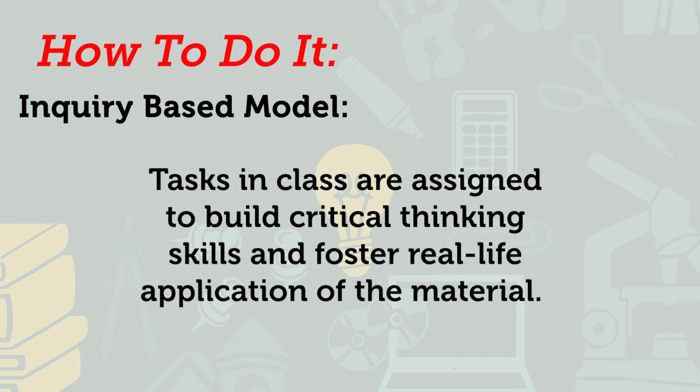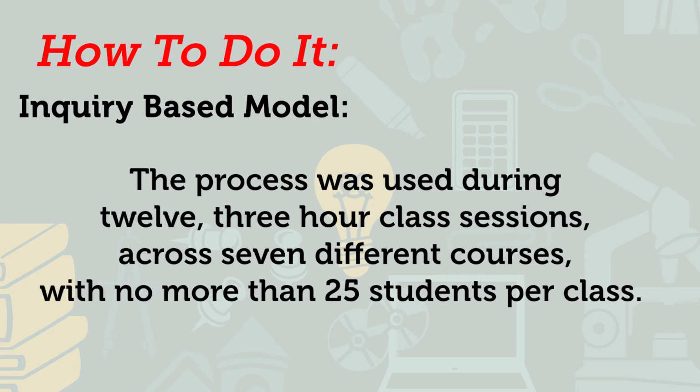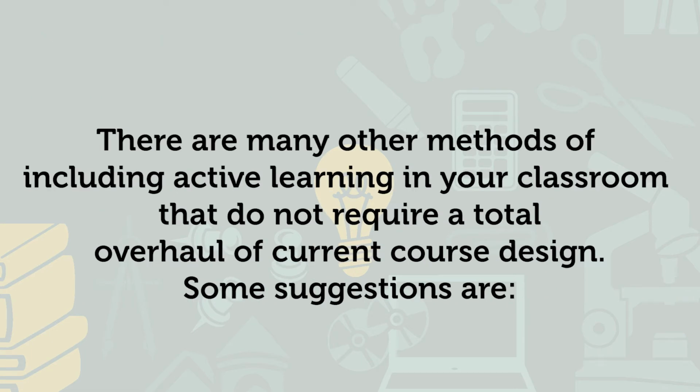Tasks in class are assigned to build critical thinking skills and foster real-life application of the material. The process was used during 12 3-hour class sessions across 7 different courses with no more than 25 students per class. There are many other methods of including active learning in your classroom that do not require a total overhaul